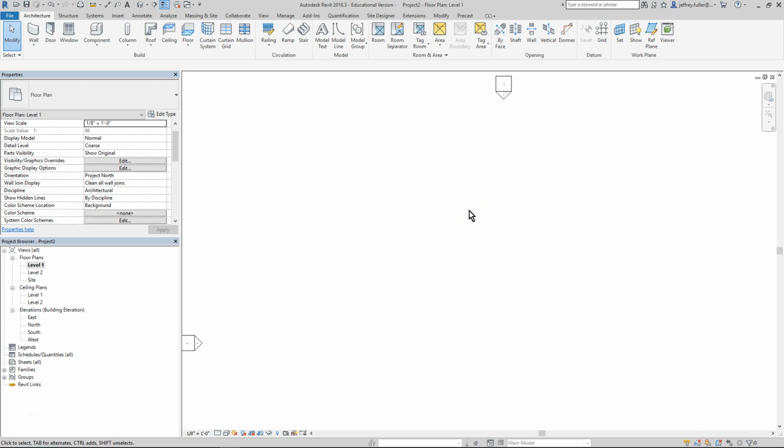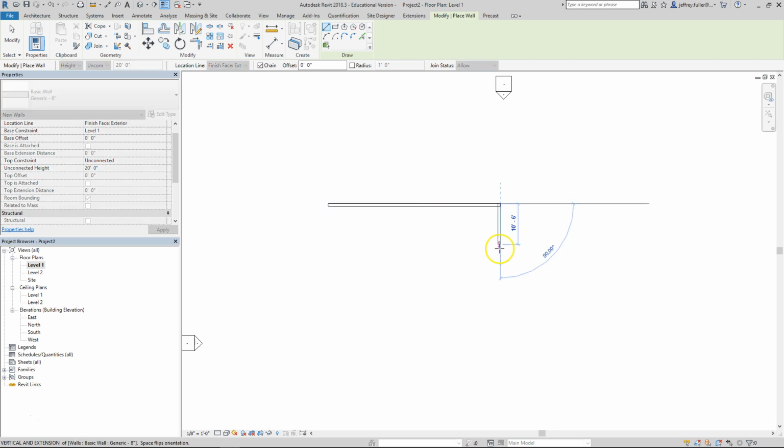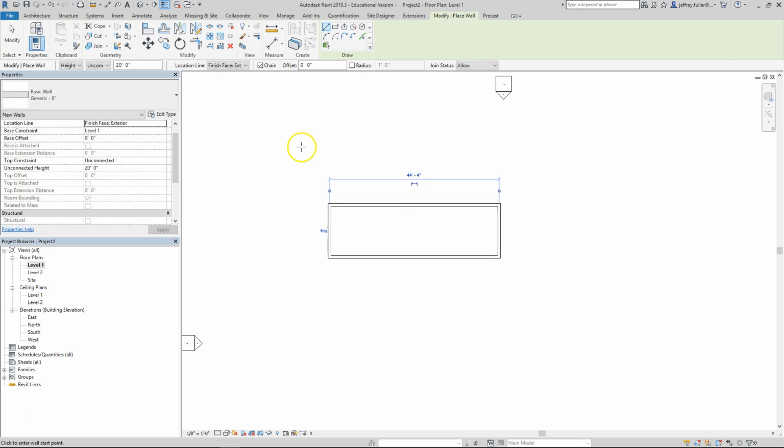All right, the next thing I'm going to show you is how to create and modify walls. First off, at the first level, walls are pretty simple. All I have to do is click on walls, and I'm just using a basic generic wall, and I draw, and I have a wall. Okay, but there are some ways that you can change and or modify these, such as